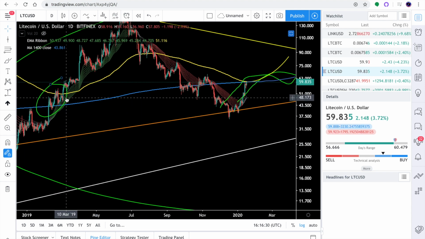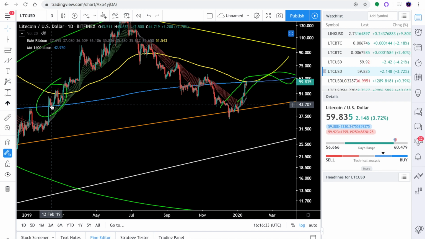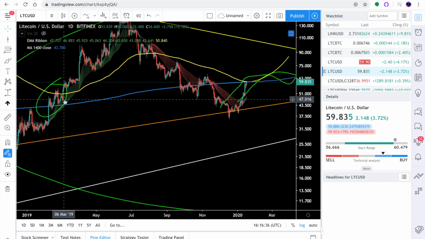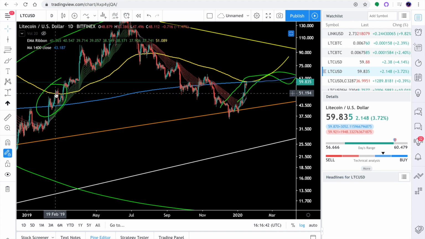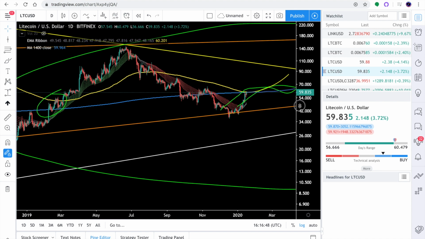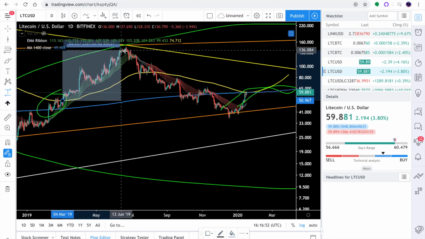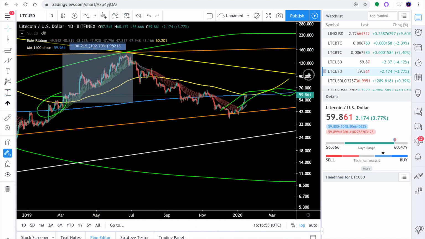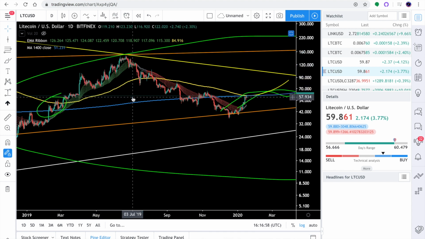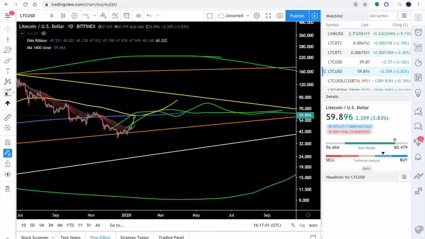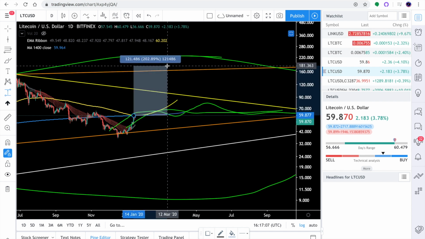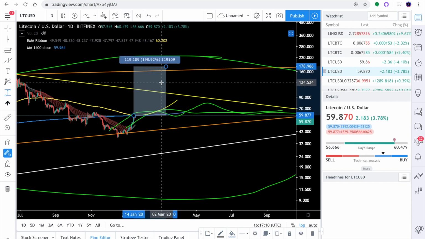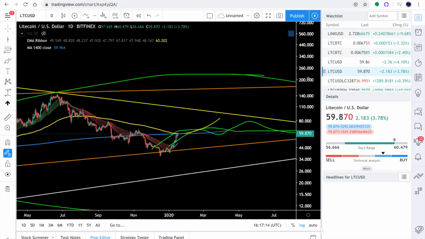But yeah, last year it struggled with the 200-day. Now this is the 200 week. It struggled with the 200 week a little. Well, not really. It broke it, came back down, tested it. It struggled with the 200-day, which took a couple of weeks to break. Once that broke, we saw, I believe, 180% gains from there. Yeah, 190, so almost 200% gains. So 3x. That'll put you somewhere around 180, which is also a top from